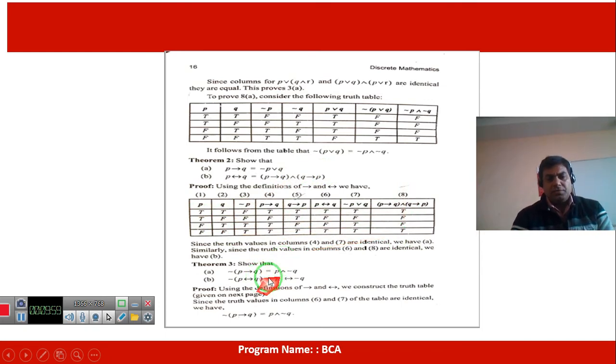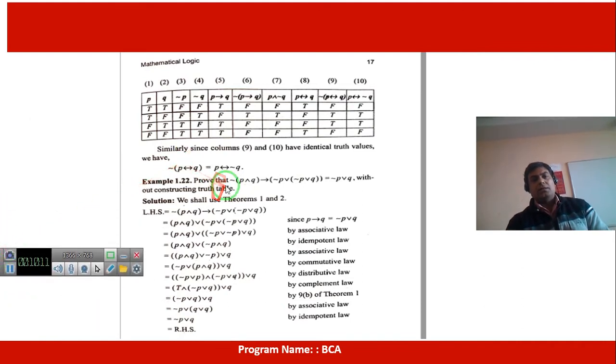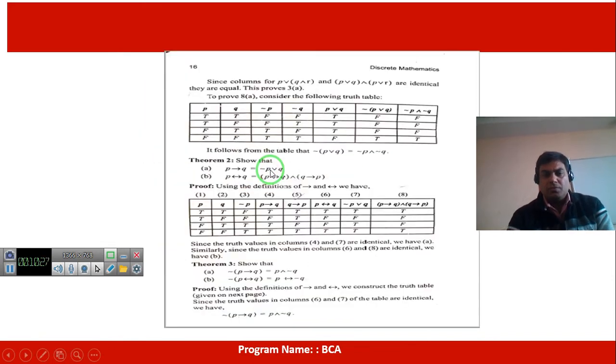There are so many problems available here, so you can solve them directly. But here we have another example for solving. It is saying that one is this value and implication with this value, and find that negation of p disjunction with q. It means we have to find this value, negation of p disjunction with q, which means p conditional q we can rewrite in this way.